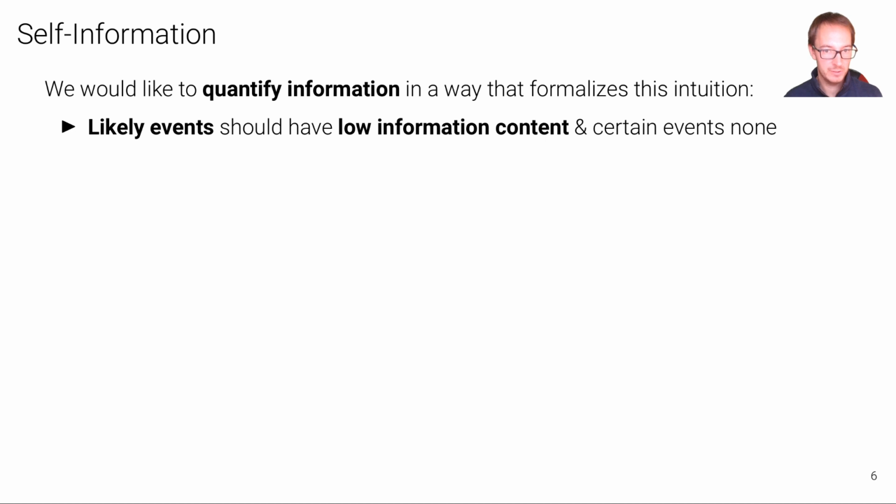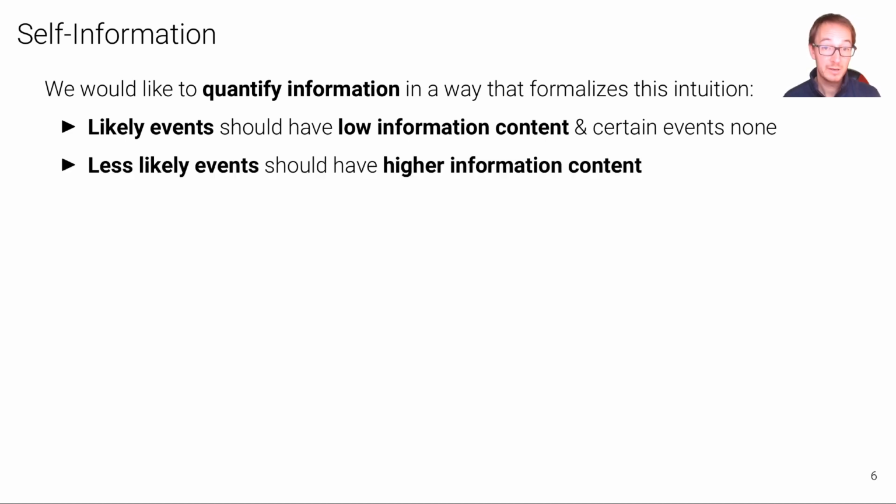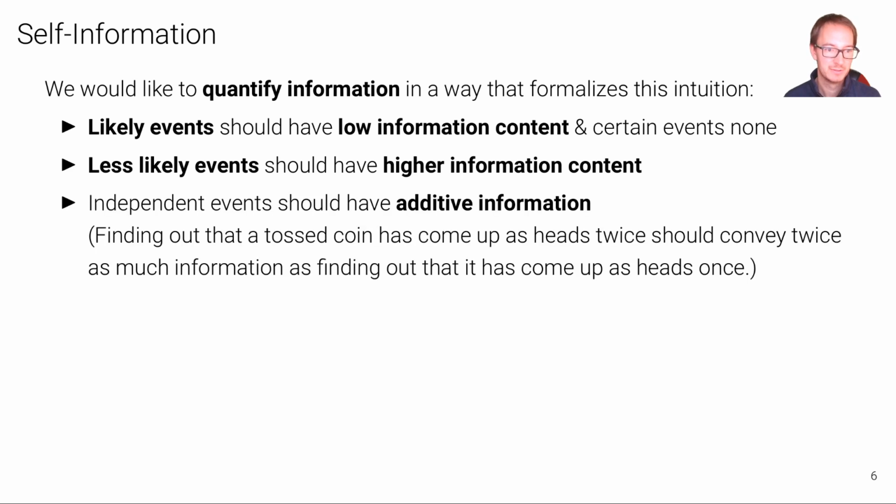Likely events should have low information content. Right? Sun rises every morning should have low information. And certain events should have no information content. Actually, the sun rises every morning is certain. So it should have zero information. However, less likely events should have higher information content. And the third